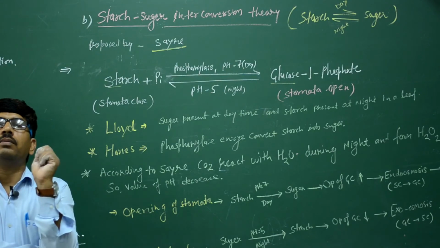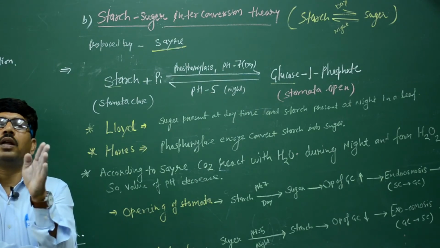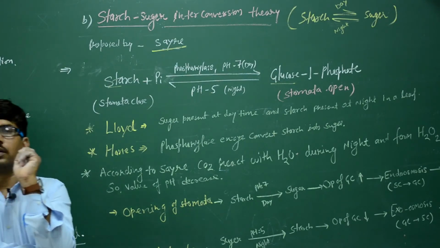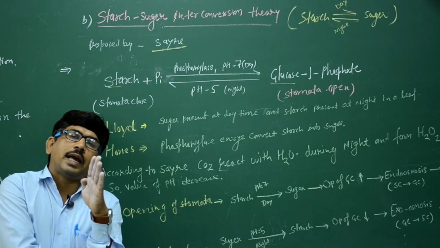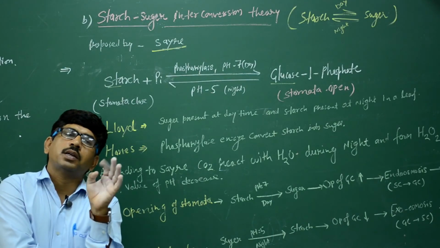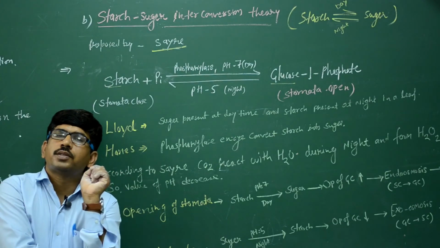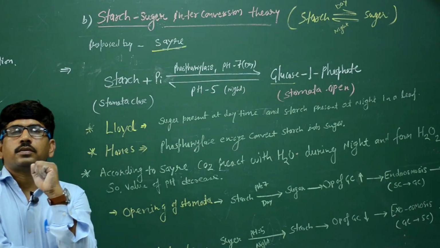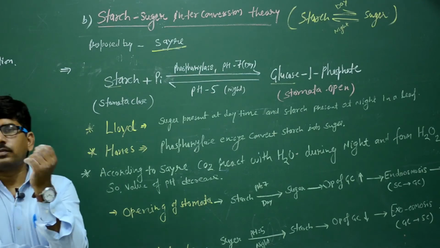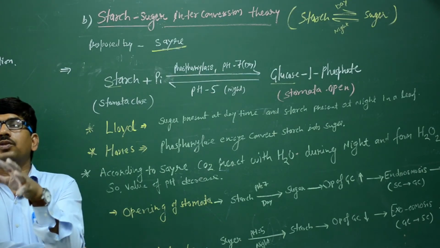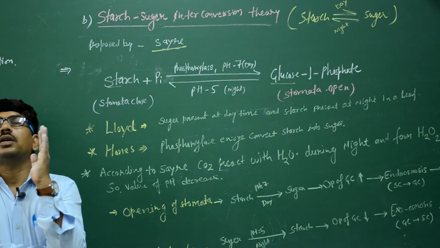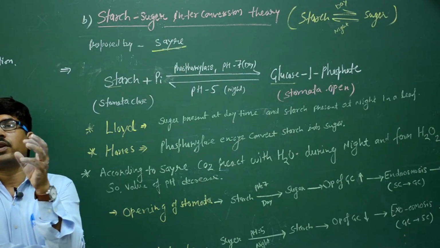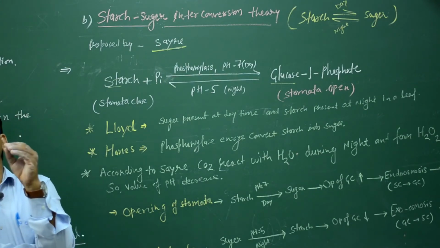And in the daytime the pH level increases. The pH increases up to 7. कहाँ होती है? Up to 7. In the daytime phosphorylase is activated, and the second thing is the pH increase. Why does the pH increase? pH increase क्यों हुई? Due to daytime, the CO2 is utilized for photosynthesis. जो सेल कैविटी के अंदर क्या थी हमारे पास, लीफ में अंदर स्टोमल कैविटी में जो CO2 थी, उसको कहाँ काम ले लिया? For the photosynthesis.